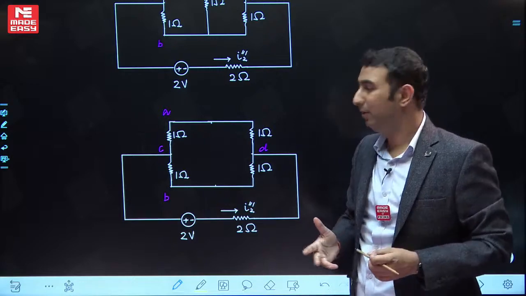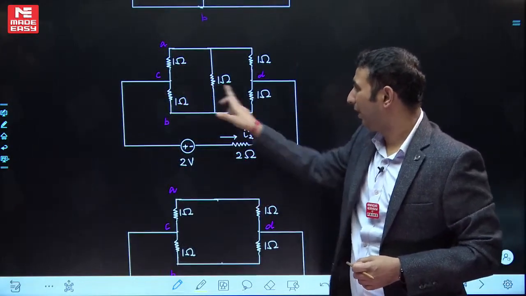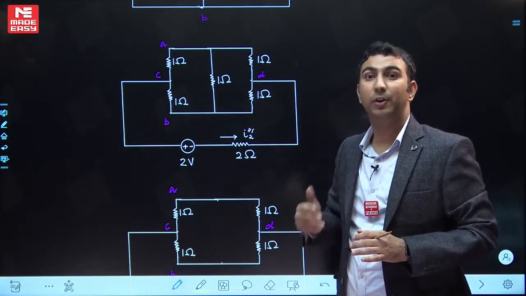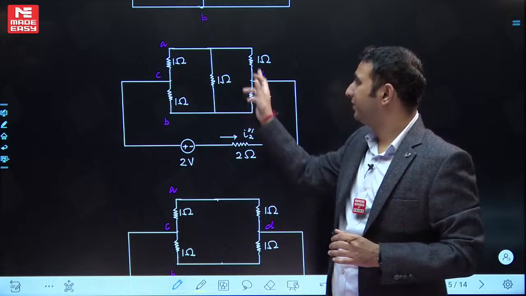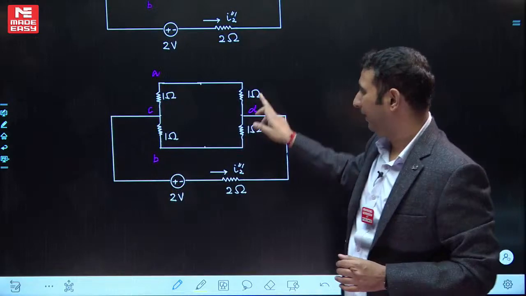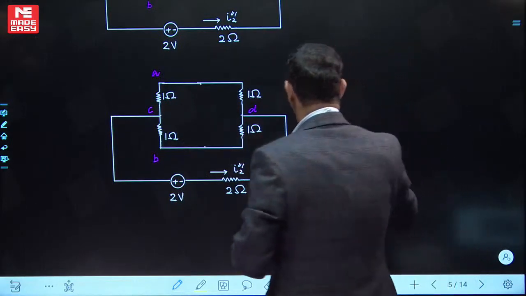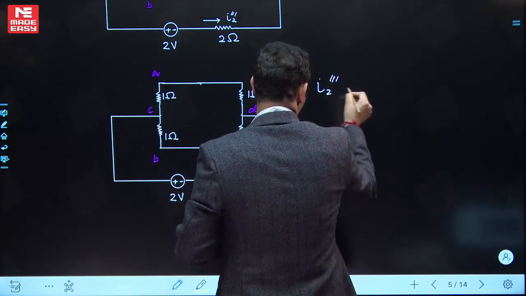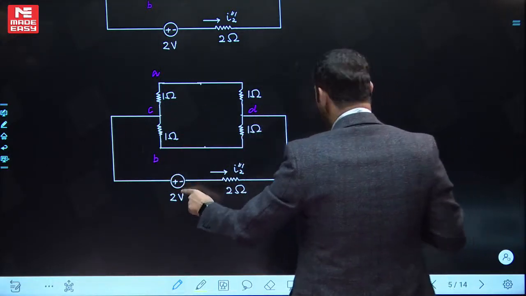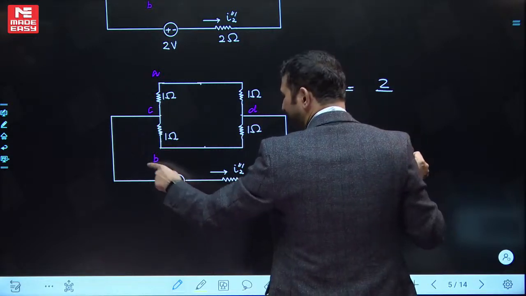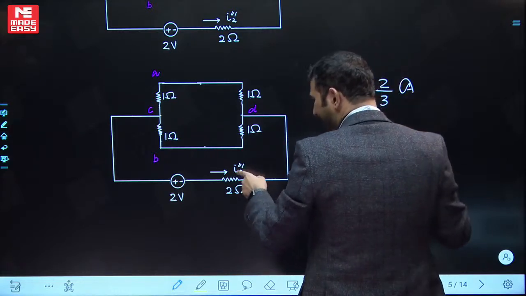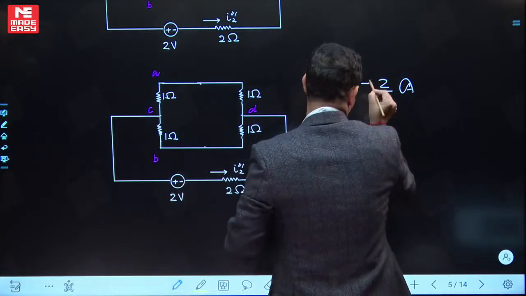तो मैं आपको ऑलरेडी बता चुका हूं कि अगर ब्रिज की ये जो आर्म्स है, सेंट्रल आर्म का फर्क नहीं पड़ेगा, अगर ये जो आर्म्स है इनकी रेजिस्टेंस बराबर है तो इक्विवेलेंट रेजिस्टेंस जो होती है वो उसी के बराबर आती है. तो ये पूरा किसके बराबर आ जाएगा, 1 के बराबर. And this whole will be 1. So I hope now you can see I2 triple dash, because ये opposite direction में है. जो इस साइड करंट आती है वो कितनी आती, voltage upon resistance will be 1 plus 2, that is 3, but this is opposite to this current, so minus.